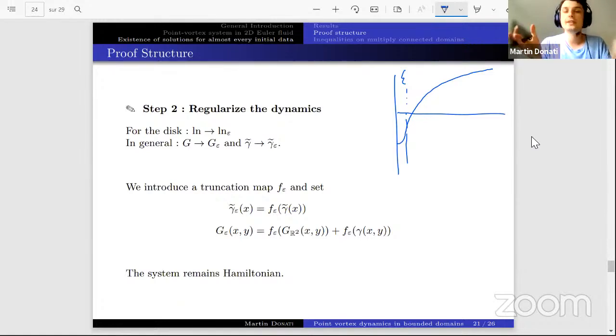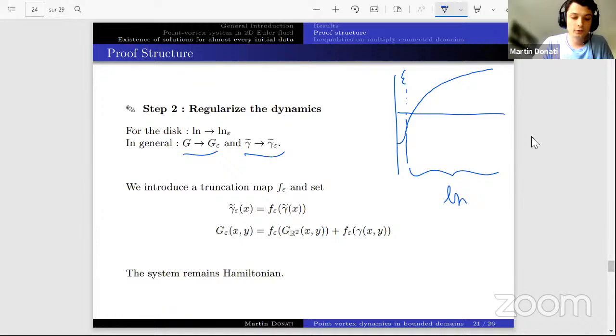Okay, in all the formulas of the Green function, because they were working on the disk, they had explicit formulas with the logarithm appearing. So they cut the singularities of this logarithm, and now everything is smooth and we have global solution always. And it's changed only when you have an epsilon collapse. So what I did in the case of a general domain, I need to do the same thing. I need to switch my Green's function for a regular one and my Robin's function for a regular one.